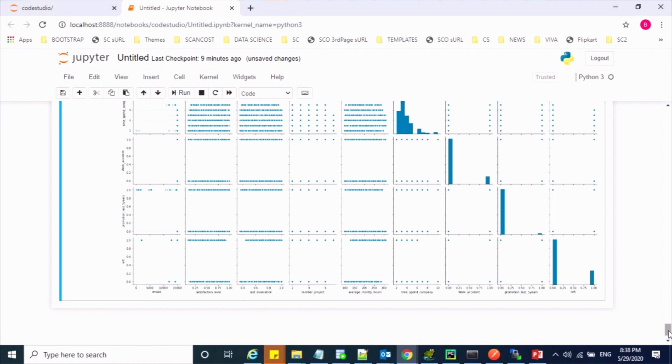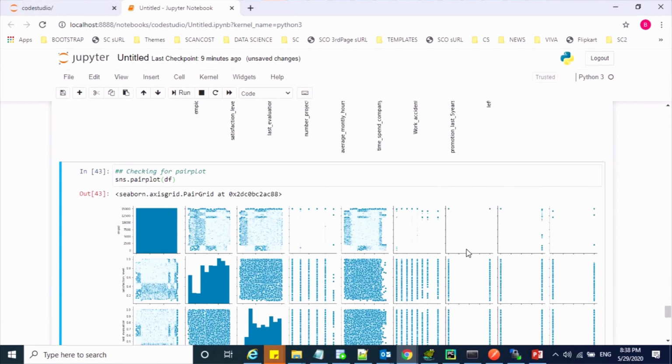Now we'll check the relation between these two. You can see that if the satisfaction level is less, there is a chance of high attrition.